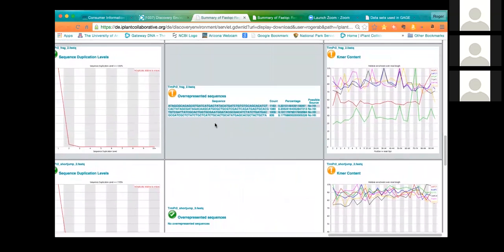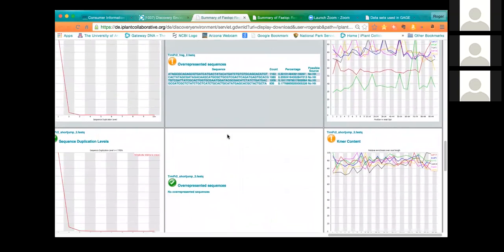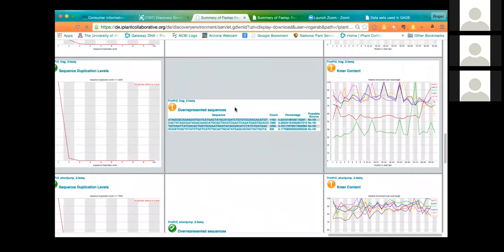And another thing to notice is that sometimes you'll see overrepresented sequences coming up in this information that's put out by FastQC. Sometimes it's interesting to BLAST it. Just go to NCBI and BLAST this sequence and say, what is this? And you might learn something that you're sad to learn about your data, that maybe this is a contaminant, or maybe this is from a totally different species. Maybe it's human sequence data mixed in with your bacterial sequencing project. It happens,